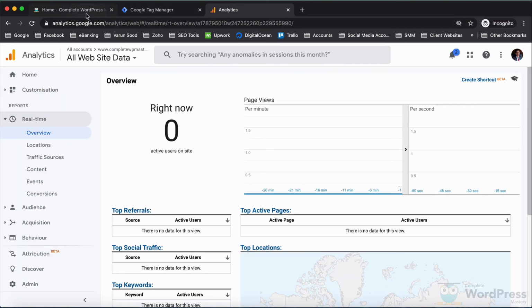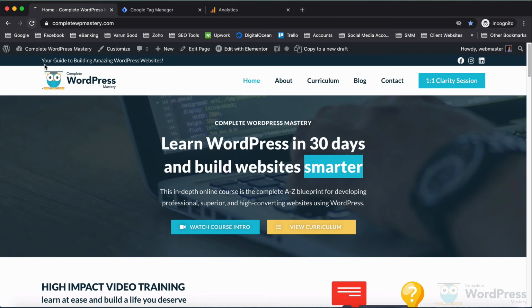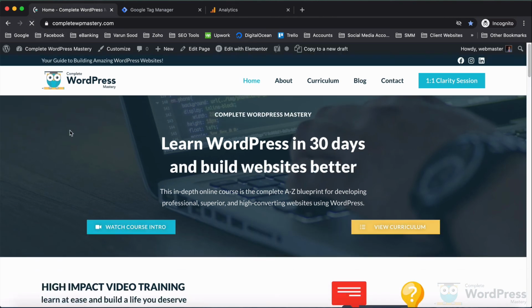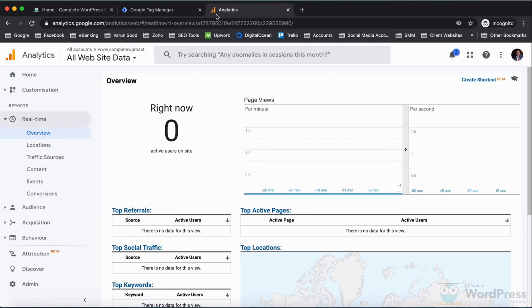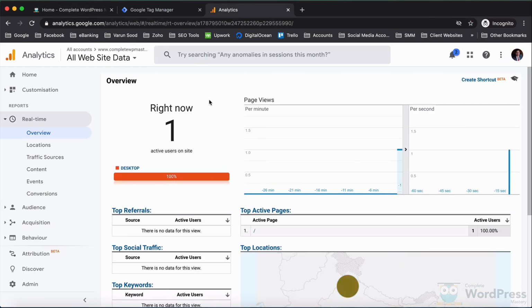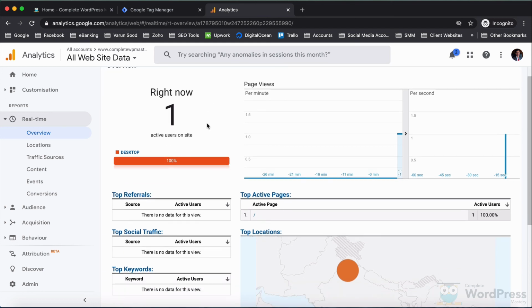So let's refresh the site ourselves and quickly head over to Google Analytics. There you go. Google Analytics has detected traffic on our website, which shows that we have successfully integrated it with our website.